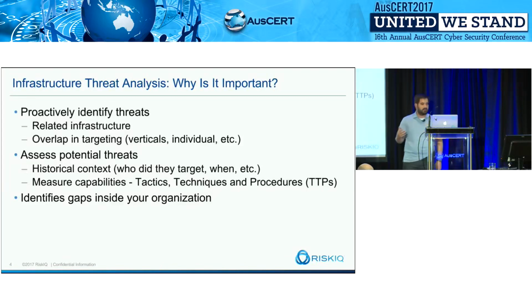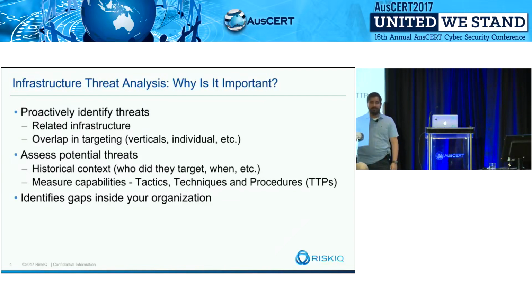It also allows you to bring context. There's a lot of information available. Historical context and TTPs that people have published allow you to respond to an incident a lot more effectively. By understanding who may be targeting you, you can respond better. And finally, it allows you to identify gaps within your organization. As you're responding to an incident and you identify an actor's infrastructure, you may find additional infections that you didn't previously know about. Those things weren't alerted on in your organization, and therefore it's a gap within your collection or your intelligence, and you need to address that going forward.